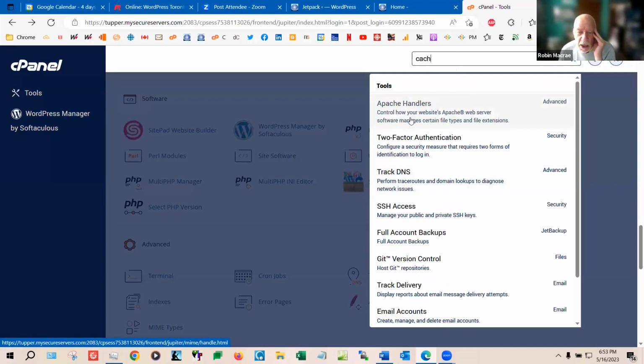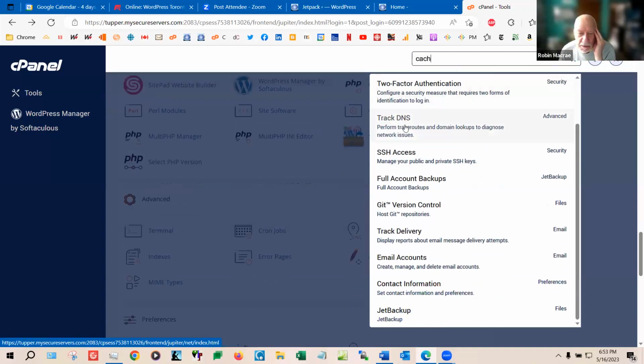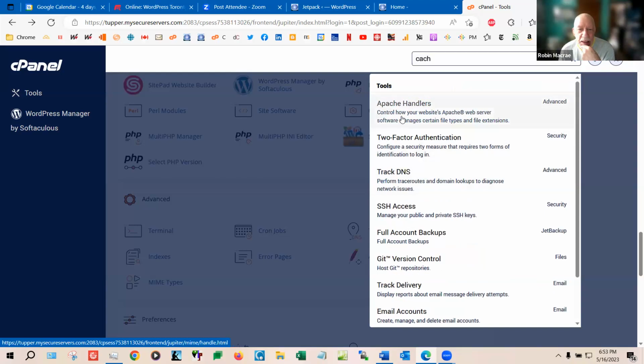If you could scroll down and see whatever the bottom ones are, check backup, contact info. Okay, so you want to look at the Apache advanced thing? In advanced, I don't see Apache unless... oh, wait a minute, there are some Apache settings.